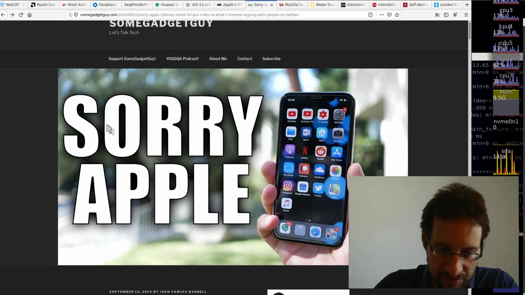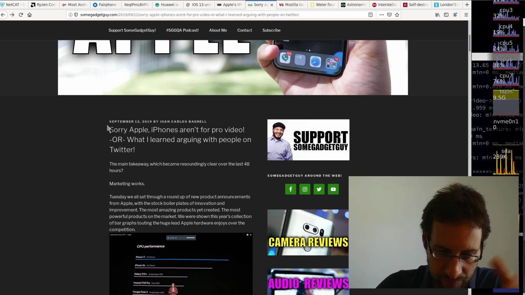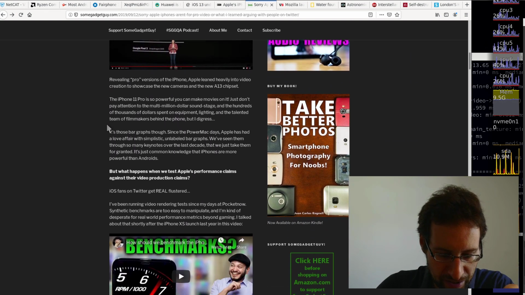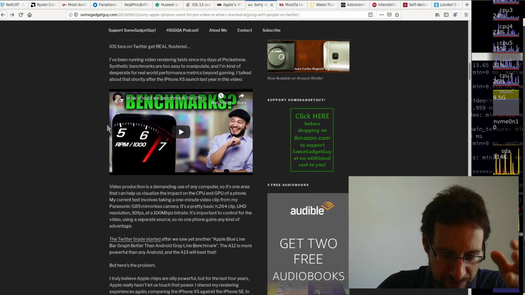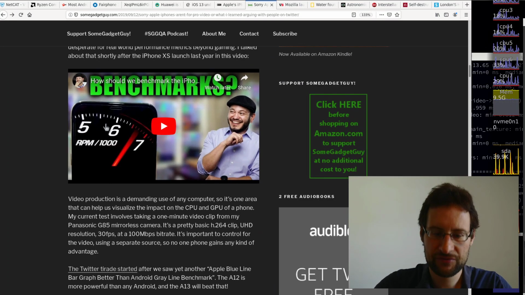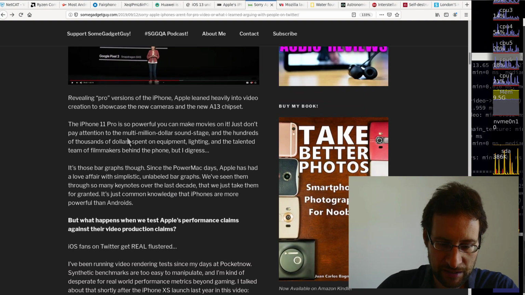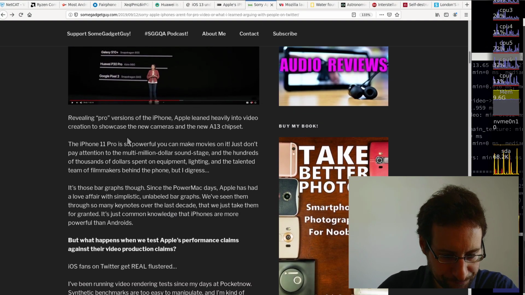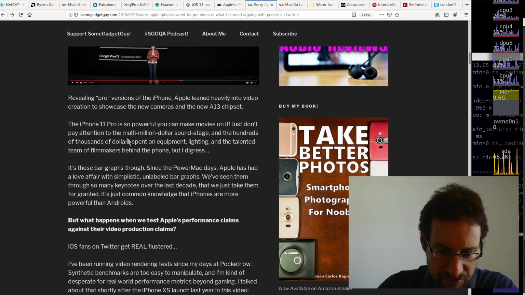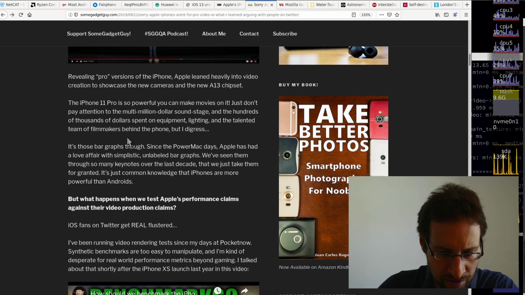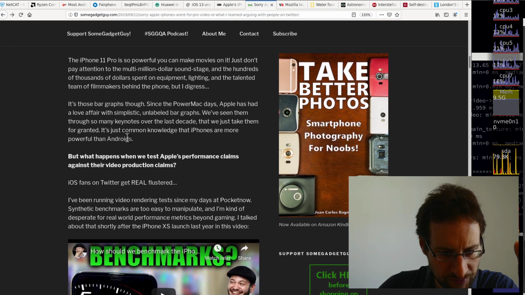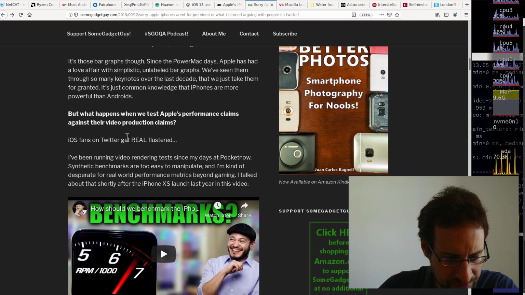And if this is true, this is from another person's blog: this user compared video export, and found that, despite Apple's claim of having the best CPU and GPU performance, so powerful you can make movies on it, and just don't pay attention to the multi-dollar sound stage and hundreds of thousands of dollars spent on equipment, lighting and a talented team and yada yada yada. And